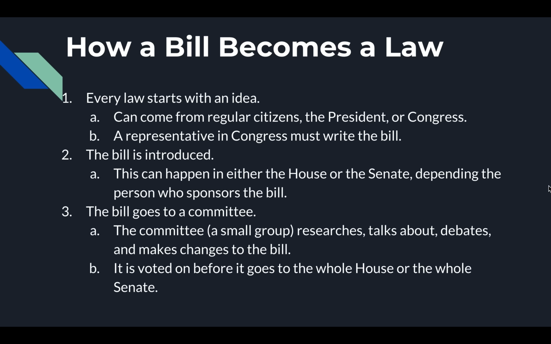Okay, so again, Congress's main job is to write the laws for our country. So we're going to walk step by step how a bill becomes a law. So our first step, every law starts off just with an idea, and anyone can have an idea for a